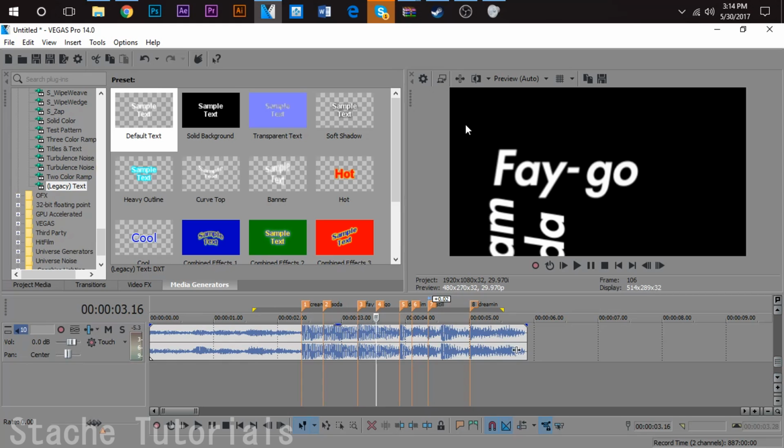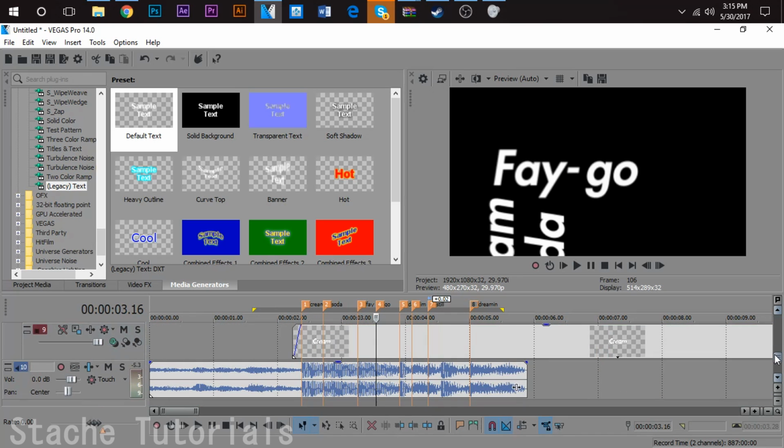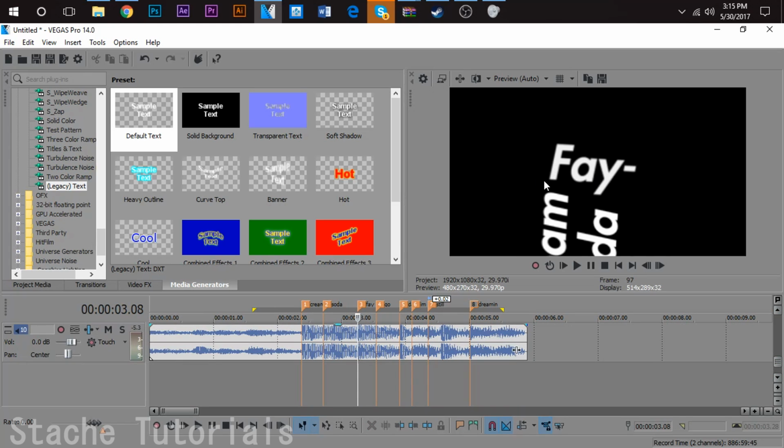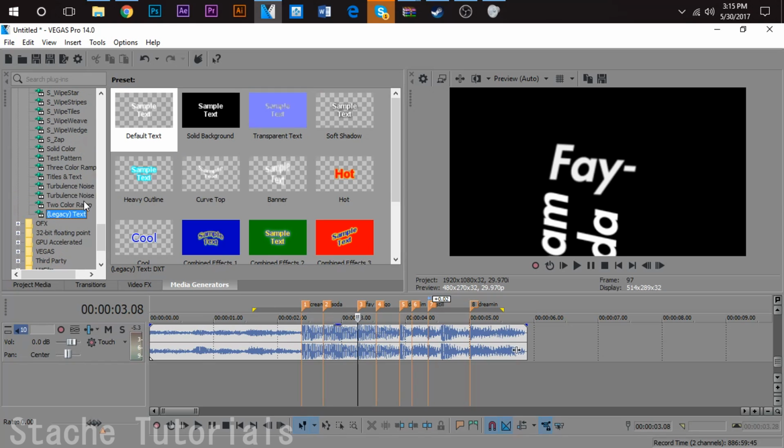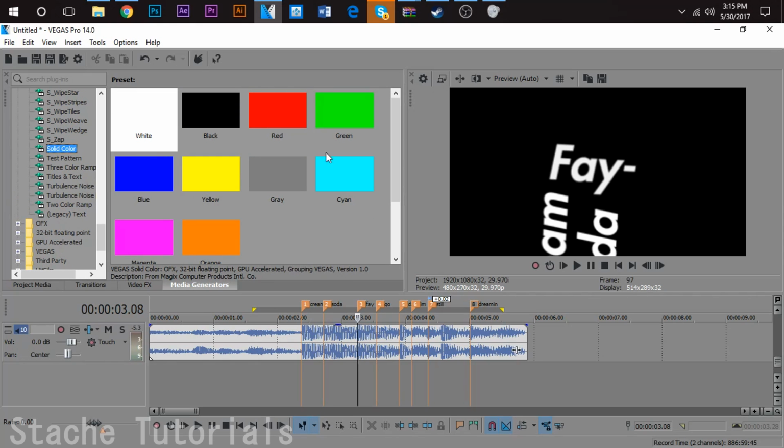When you make the background, it can be a picture of the artist. That's usually how it happens, or a video of the artist, or a GIF. I made it a peach color because that's the tone I got from the song, and it was a great tone to go with the words. So for this song I made the words white. You also want to keep in mind contrast and stuff, so I'm just going to put a solid color in the background. So I'm going to pick solid color, and I'll